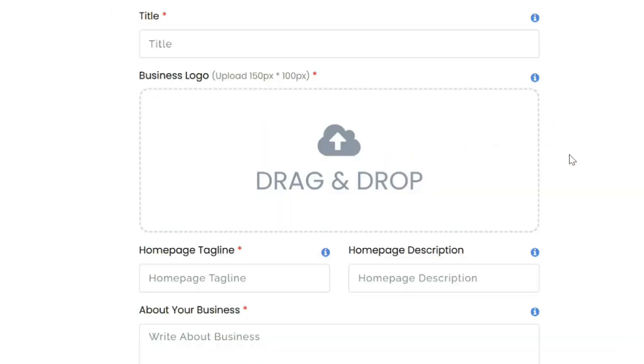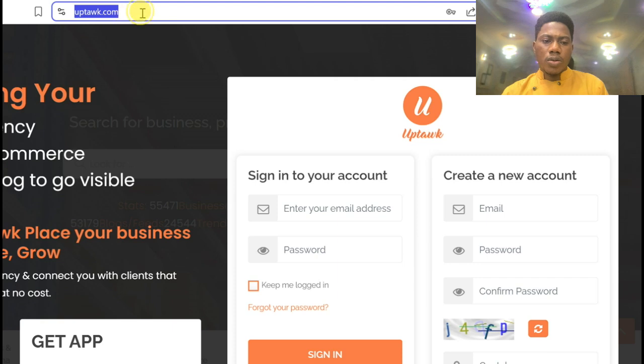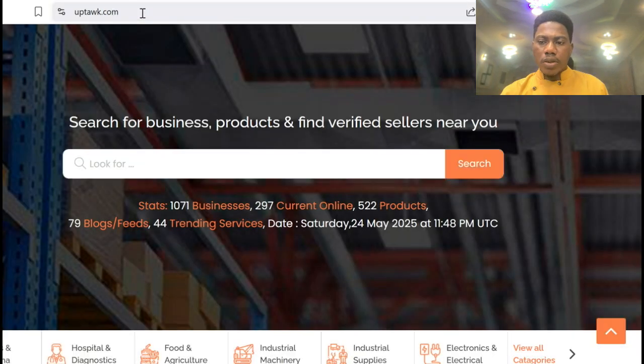All right. So now let's quickly create a website with the information we've gathered from group. Earlier we drafted the content of the website, which is Niger Craft, and is into manufacturing and designing and production of bags, especially female handbags. So let's move on. First thing first, go to uptalk.com, then click on this login